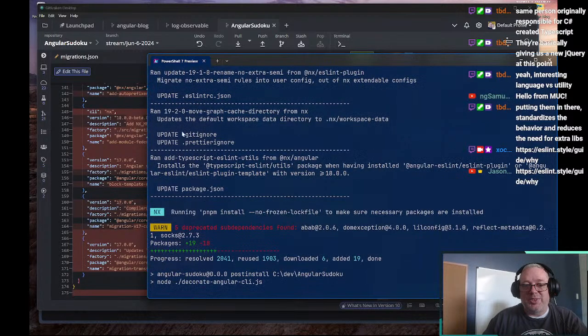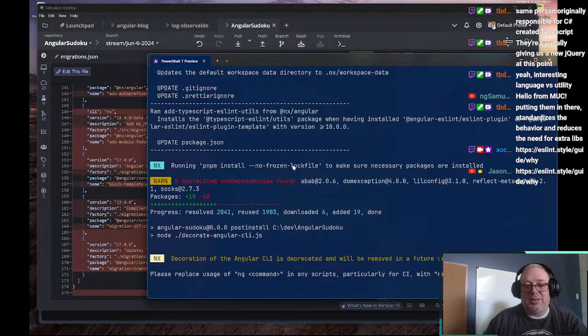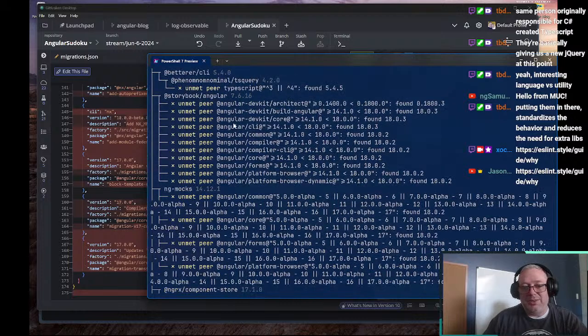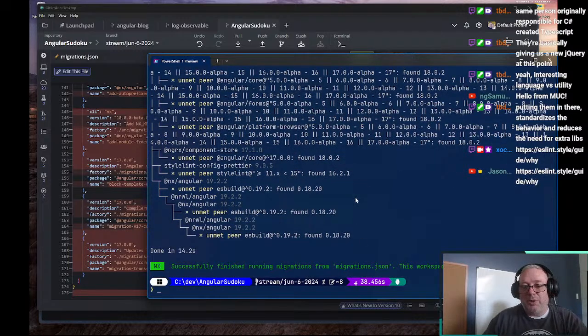And they moved some stuff and they updated Git and Prettier ignore. So they're installing this package here, and then because they updated package JSON and added some stuff, they run this. We can see that they upgraded the CLI to 18.3 and they added the utilities, and we're good at that point. So at this point, typically what I will do,